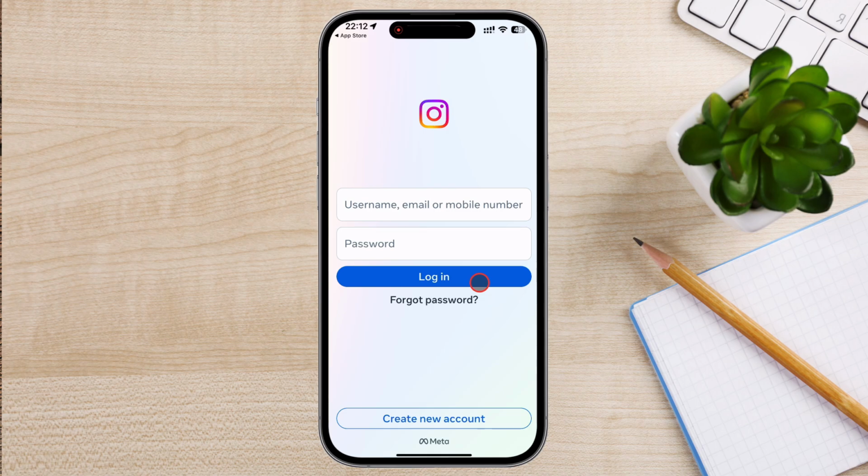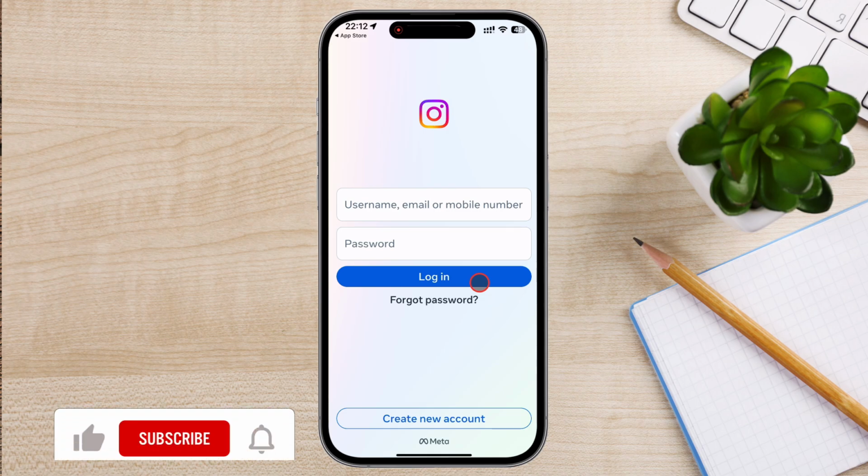After downloading, Instagram will ask if you want to enable notifications. Tap Allow to stay updated on likes, comments, and direct messages. Instagram will require access to your iPhone's camera and photo library to allow you to upload pictures and videos. Make sure to grant permission when asked. If you want added security, enable Face ID or Touch ID for faster logins and to keep your account secure. Instagram on iPhone supports features like live photos and advanced editing. So take advantage of those if you enjoy creating unique content.